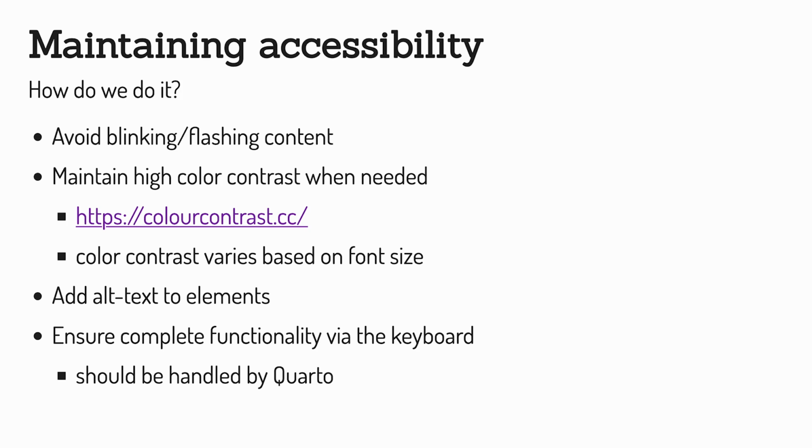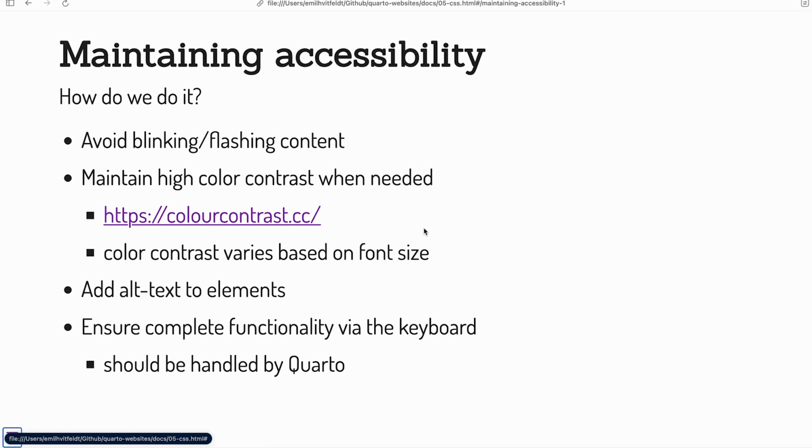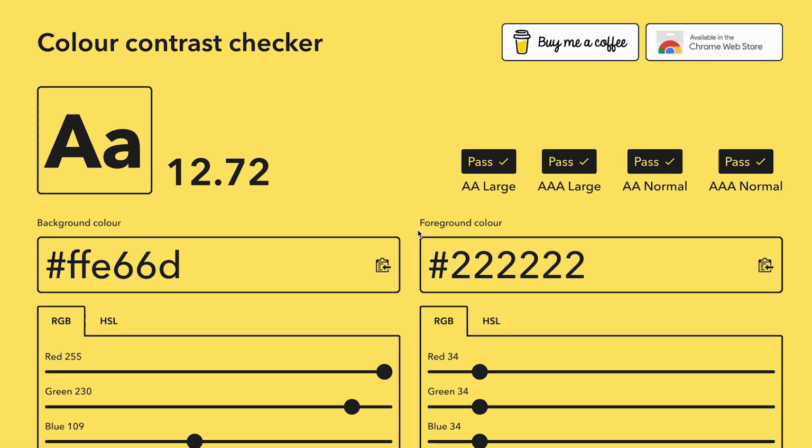Another thing we can do is ensure keyboard navigation. On my Mac, I can do Option Tab, and it will go through the links on this website right here. It first goes to the first link, and if you do it one more time, it goes to the hamburger menu at the bottom left. If you go here and click enter, you can navigate the website without ever using the mouse.